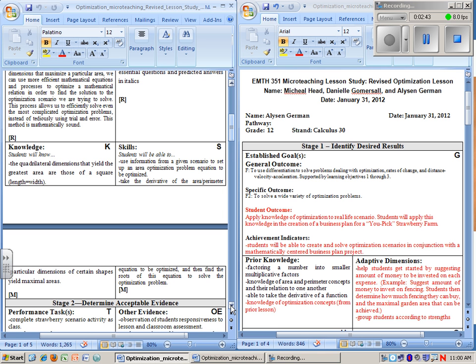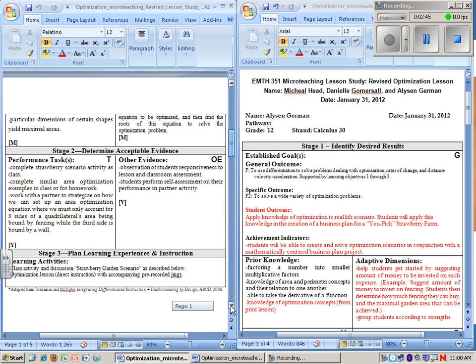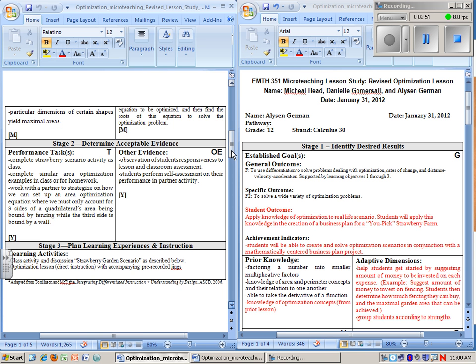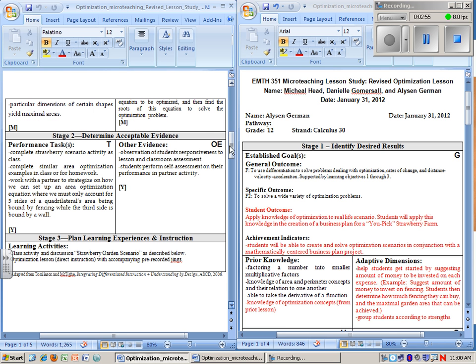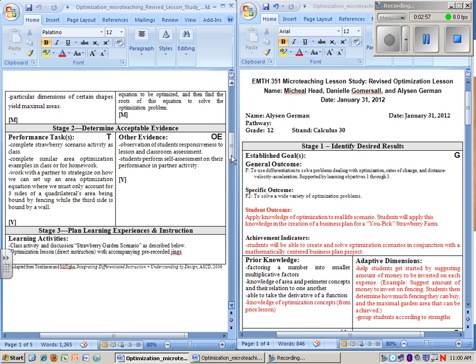Then I threw out the idea, how are we going to make the most money possible? Of course everybody said, and I hinted at this because I wanted them to say it, that we need to grow as many strawberries as possible in order to make the most money.